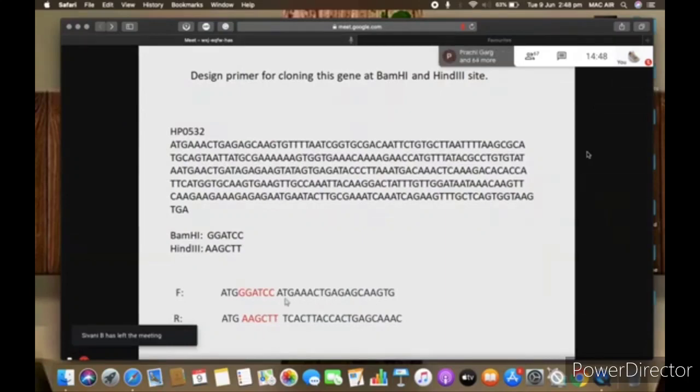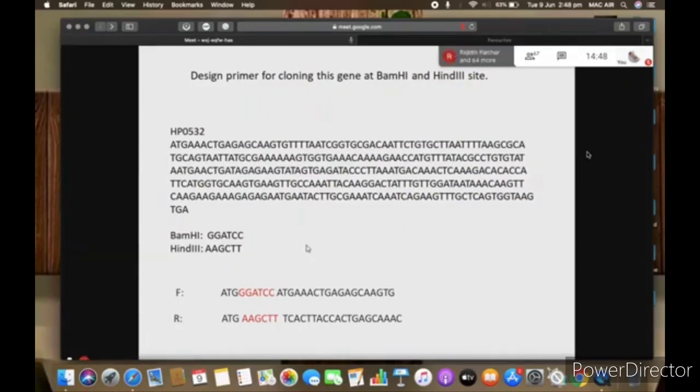This is complementary to the gene. ATG, AAA, CTG. You can see ATG, AAA, CTG, AGA. This is the complementary sequence to your gene. This is your primer. एक स्टेप पहले ही पढ़ लेते हो इसलिए नहीं समझ में आ रहा। This is the gene sequence primer which will bind with your gene sequence. Yes. And this is the reverse primer. This we have to clone our gene.